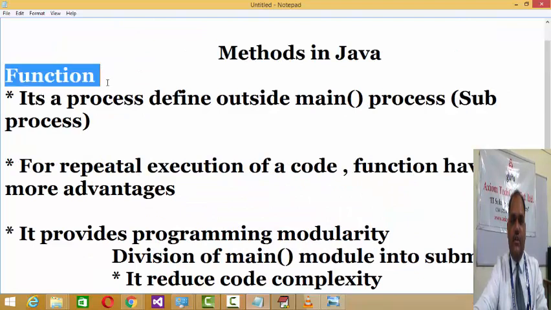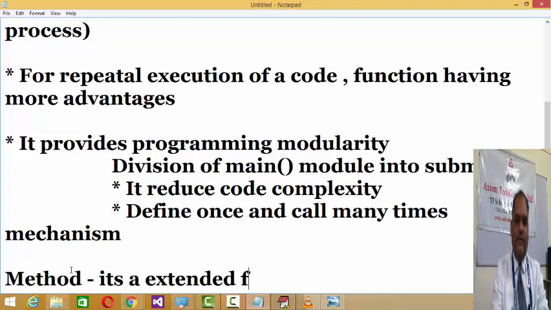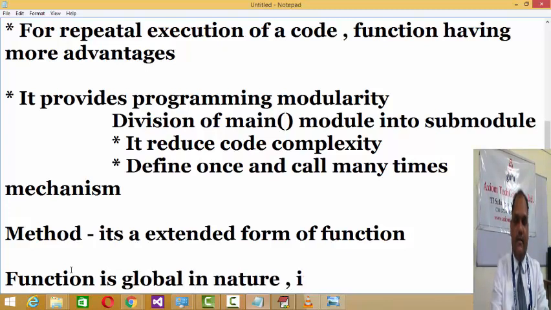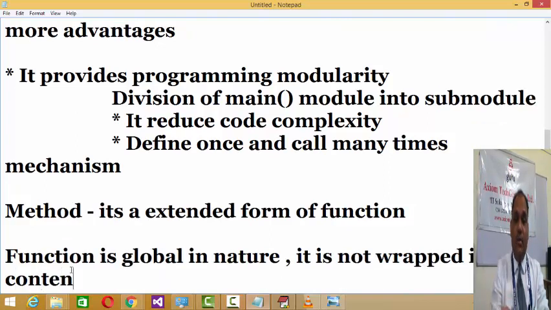As I said, function and method are one and the same thing, but a method is an extended form of function. A function is global in nature. It is not wrapped in any container, and that's why I am saying it's global.